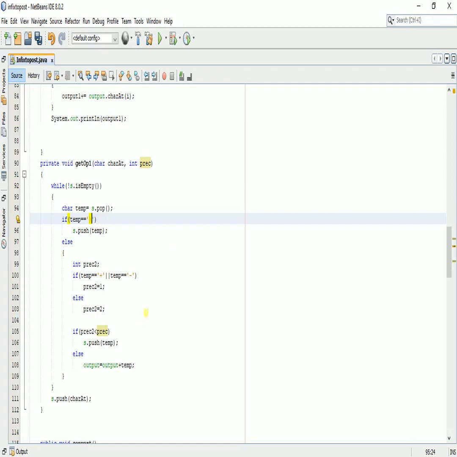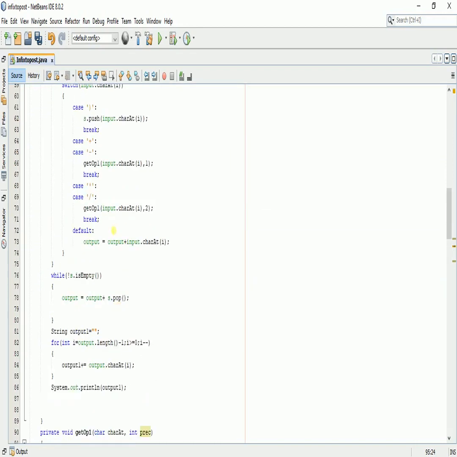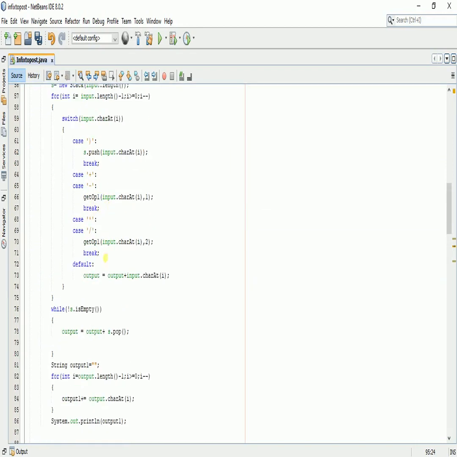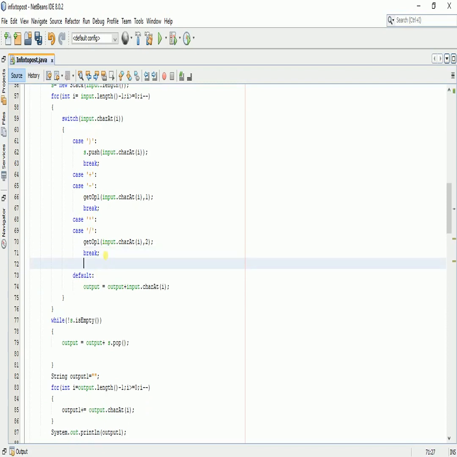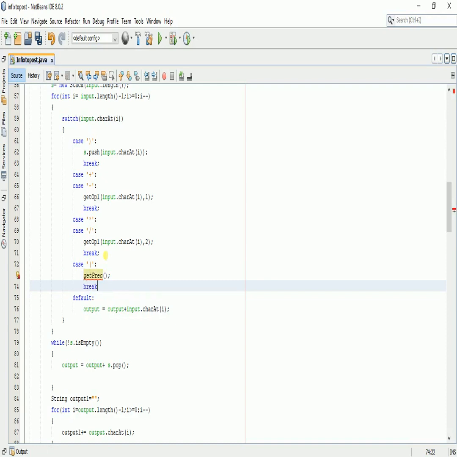So we are going to move towards our second function, which I haven't created, so I'll create it here. Case, this selects my closing parenthesis, and I'm going to call get precedence and break.